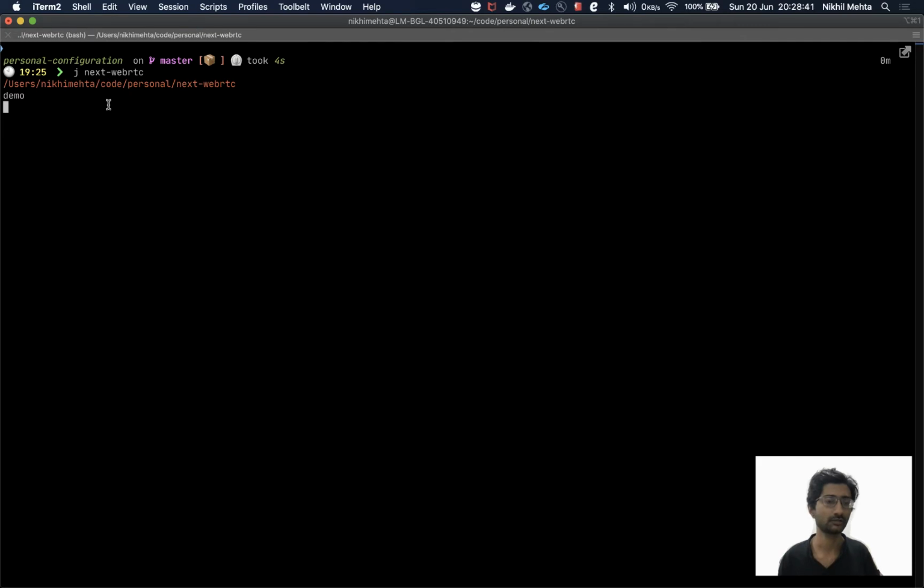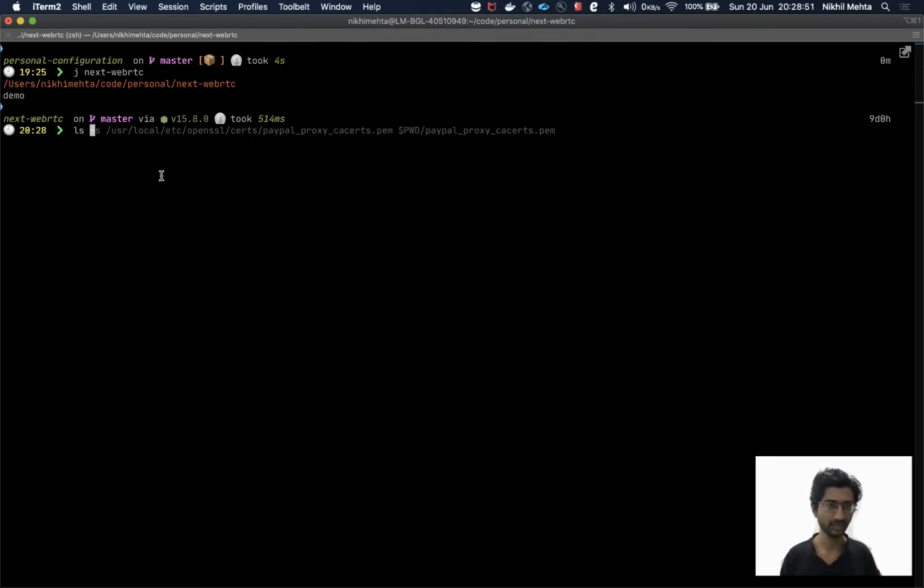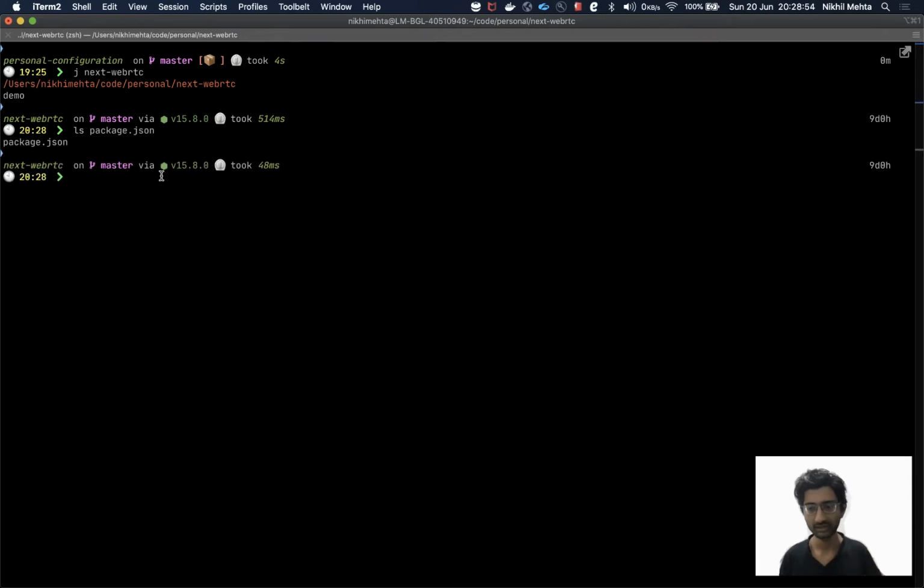So if I go to my other project, here you can see that since this is a node project and since it has a package.json, it assumes that it's a Node.js project. So it shows me what is the particular Node.js version that I'm using here, right? And I'll tell you how this is managed and how you can use multiple versions of any software on your machine at any time, right? So this is one thing.